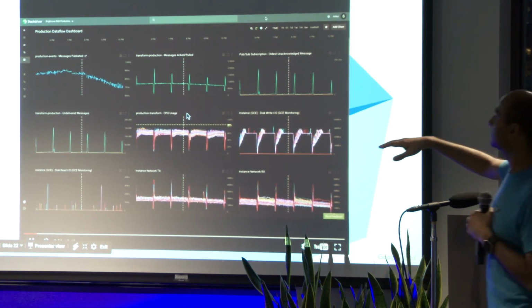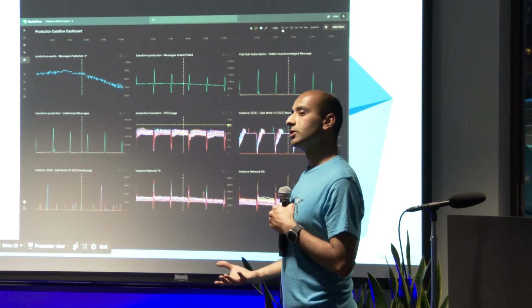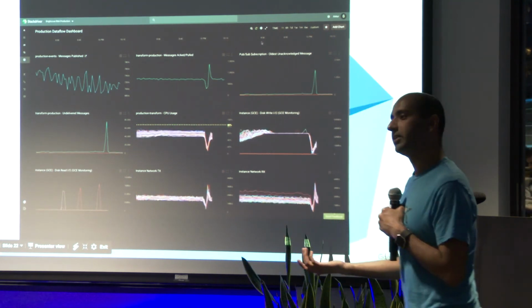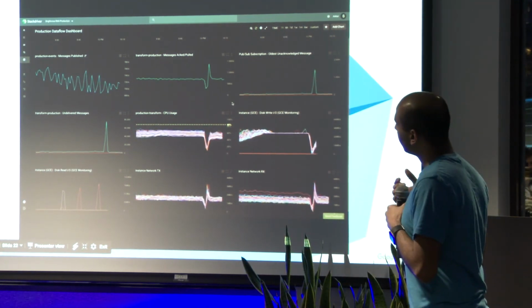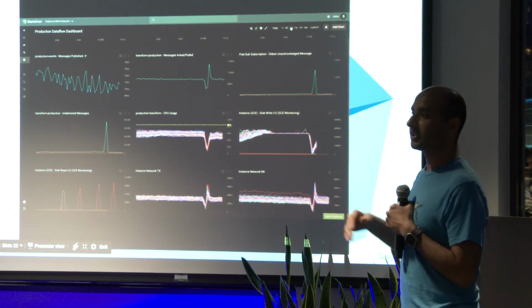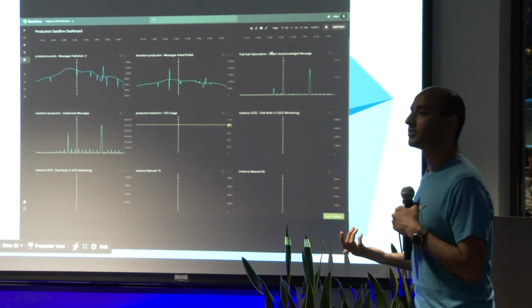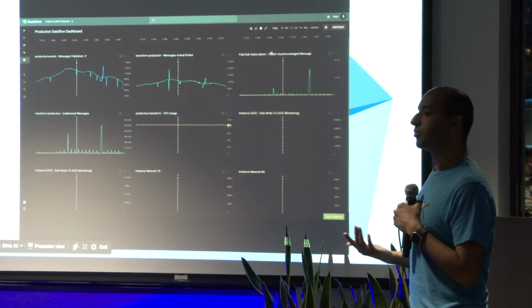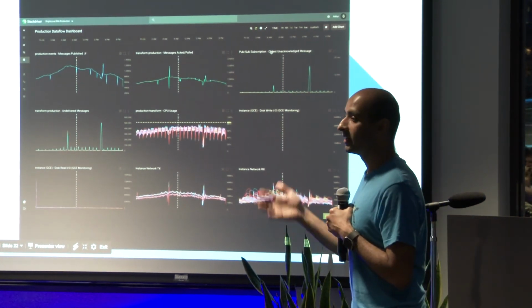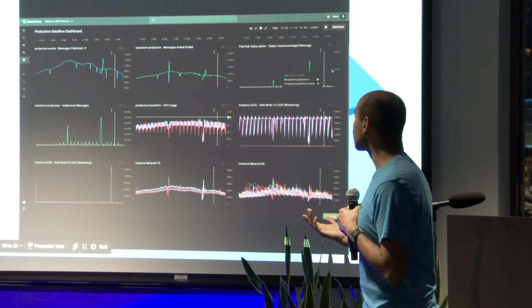The second line sort of gives you an idea of how each of the workers are doing. The CPU in our case, it may not be in your pipeline, but in our case, it tells us that if CPU usage goes to 0, it probably means that your workers are not doing anything because you are not processing anything, which most of the time means that something really catastrophic happened, like you ran out of disk space and you need to have bigger disks.